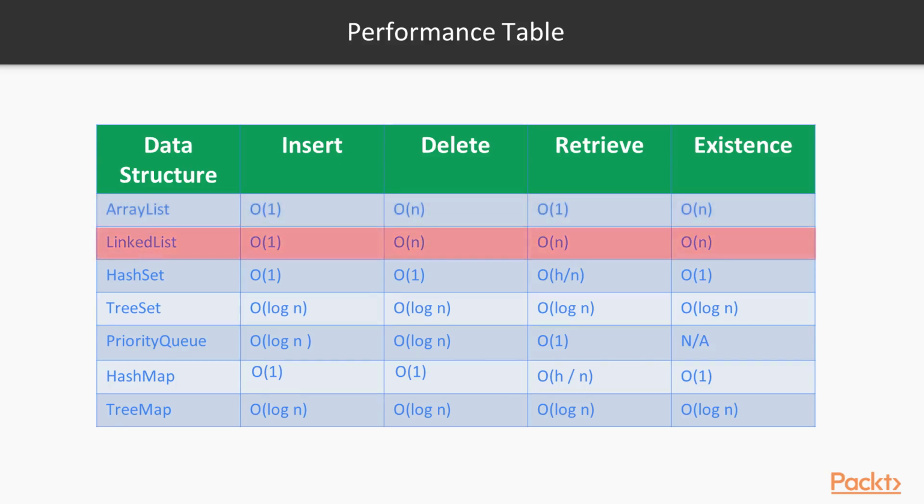And when you are using LinkedList, again, it has a very quick operation for inserting data, and it's really quick for iterating over data. But if you want to delete an item or retrieve it by index, retrieval by index on a LinkedList is really slow. On the other hand, inserting an item in a LinkedList is always an O(1) operation. Unlike ArrayList,